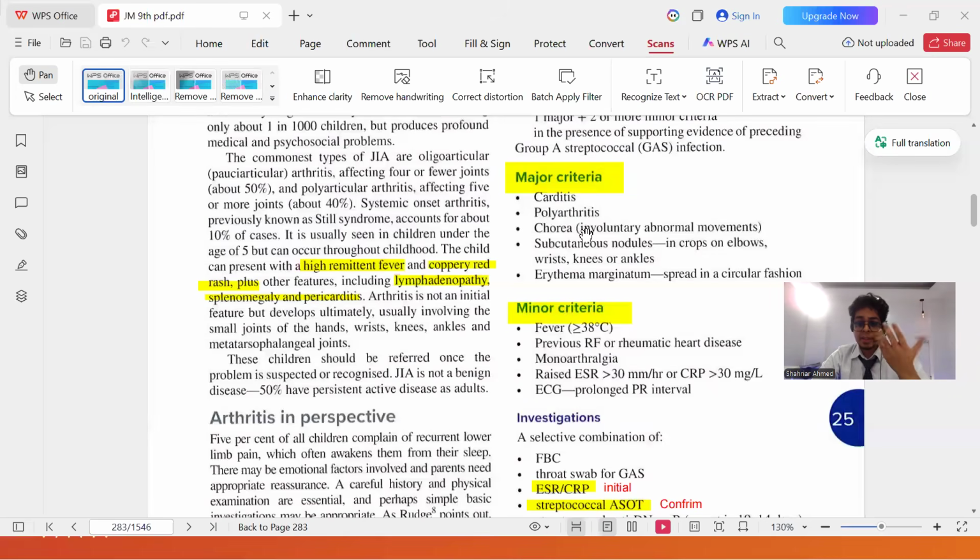You can see chorea, like the spring-ball movement we do, that's how chorea looks, carditis in the heart, arthritis, multiple joints, and this is a special one, erythema marginatum. Erythema marginatum is particular for rheumatic fever. Erythema nodosum is also popular and can be present in many conditions, but particularly in sarcoidosis.